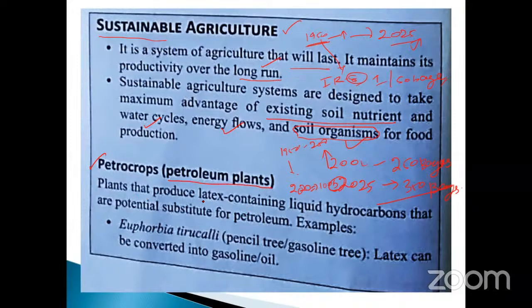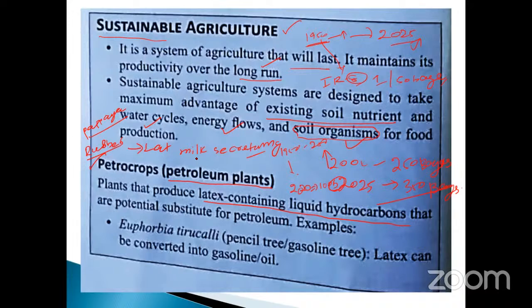The plant that produces latex containing liquid hydrocarbon. Take an example, papaya. Another one is the Brassica family, rubber family, isn't it? Rubber. They all have latex vessels, isn't it? Latex, milk secreting glands, isn't it, my dear? Secreting glands are present in it. The white color liquid comes out from the plant body.